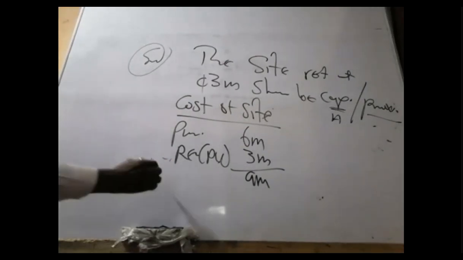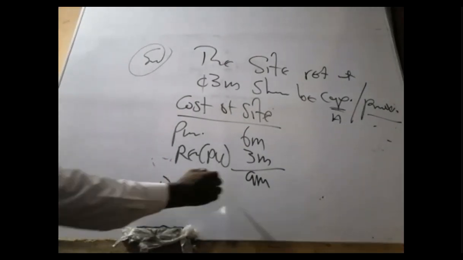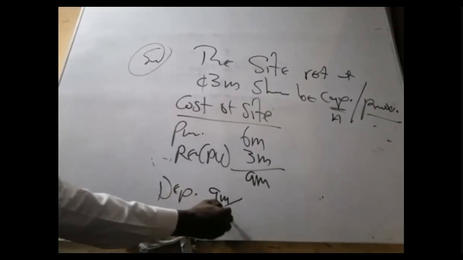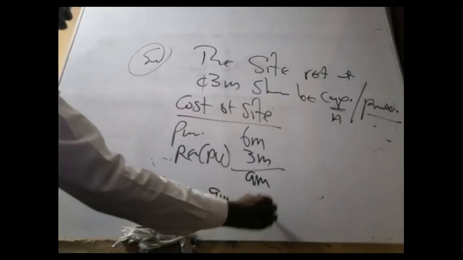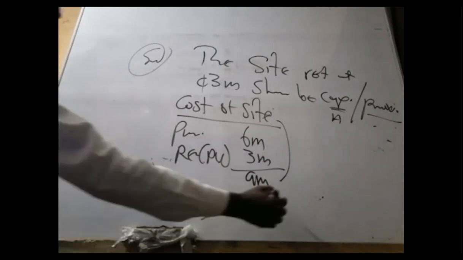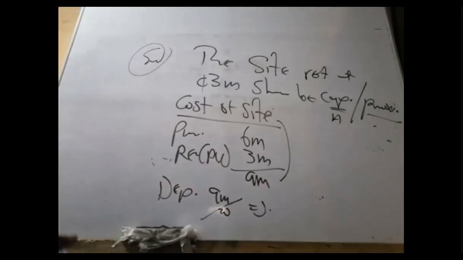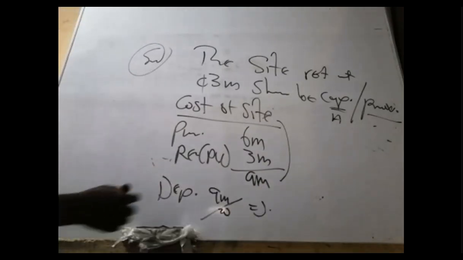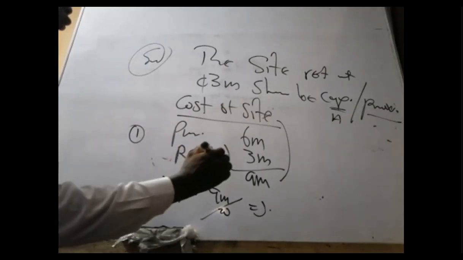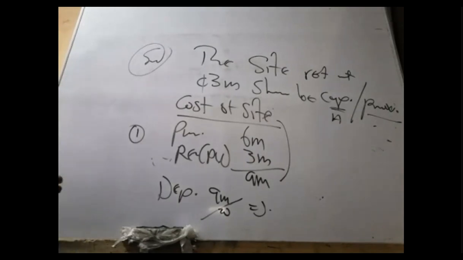Tell the examiner, depreciation must be based on this 9 million, which will be what? Over 20 years, right? You put the answer down. So are we saying all this will give you 1, all this is also giving you 1. Now tell the examiner that a provision, so this point 1, point 2, tell the examiner provision should be made